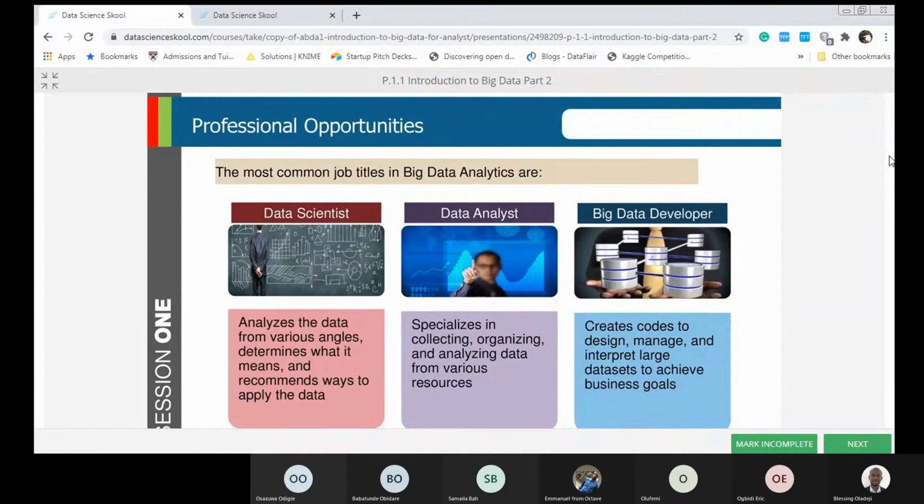Another role that you have is the big data engineer. Now, somebody needs to make that data available for the analyst to be able to analyze it. So it might need to integrate different data sources, bring those data together and arrange the data in a way that the analyst can connect to it and start analyzing it. So who is going to be in charge of the design and the architecture of the big data platform? That is the data engineer. Some people call them data architects, you can call them the big data developer, but all of them fall under the big data engineering profession.